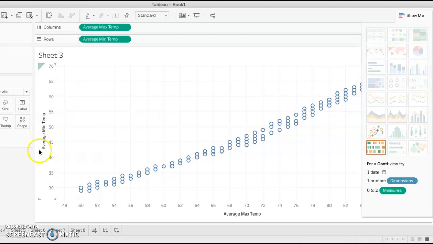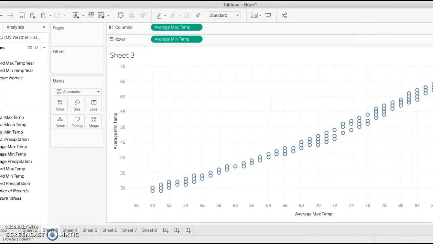So for this, I'm looking at the average minimum temperature and the average maximum temperature. Once again, we have a very closely bounded correlation going on, a positive correlation. Here we have it kind of meeting in the middle. And then if you go into the next sheet,